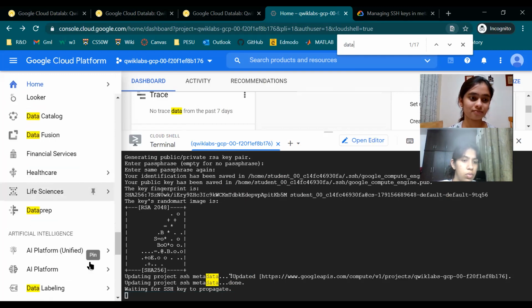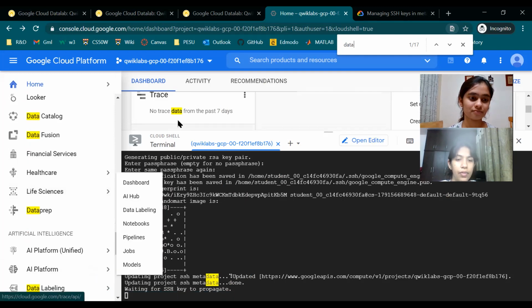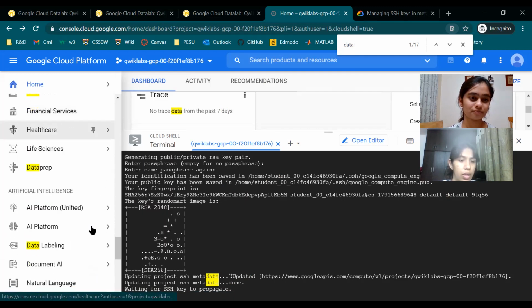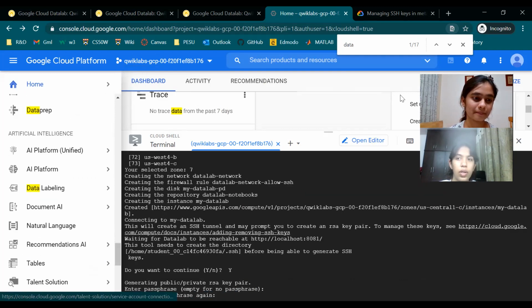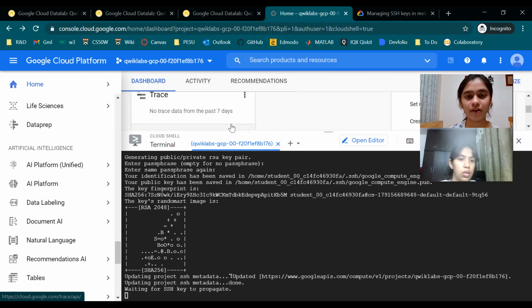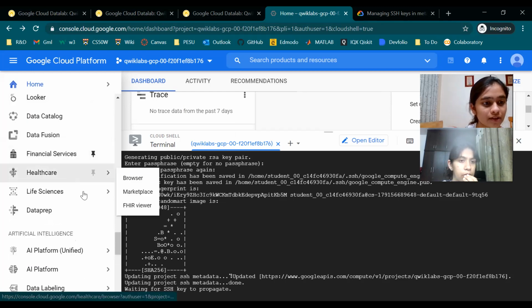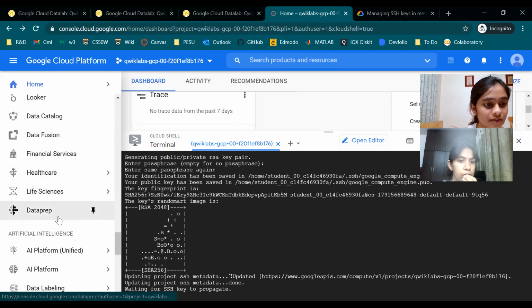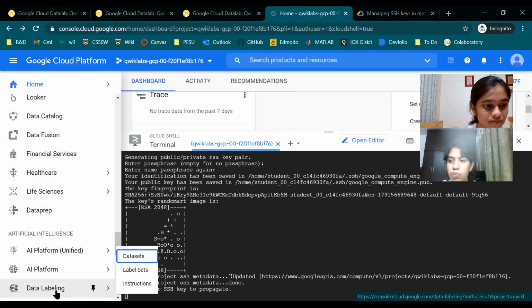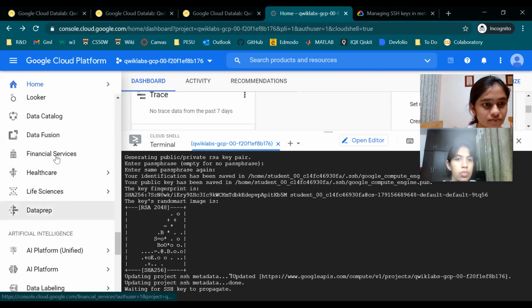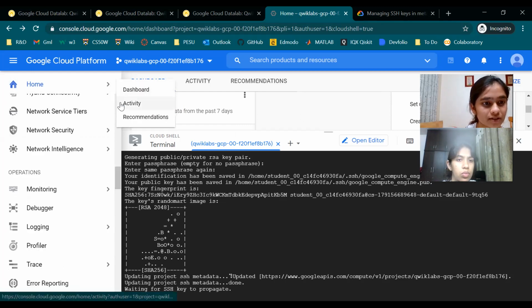Ishta, where can we see the instance, the Data Lab instance? Where do we open it? I'm not sure actually. First of all, it has to be created now. One sec.